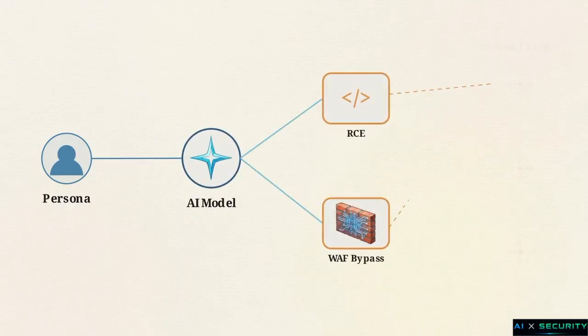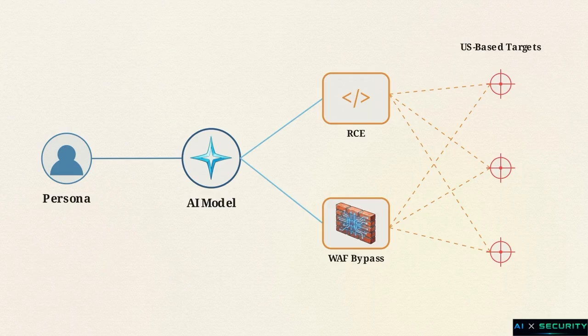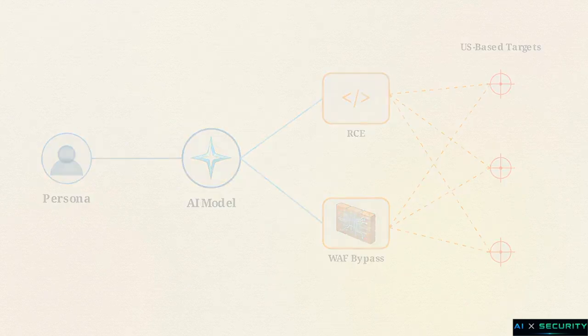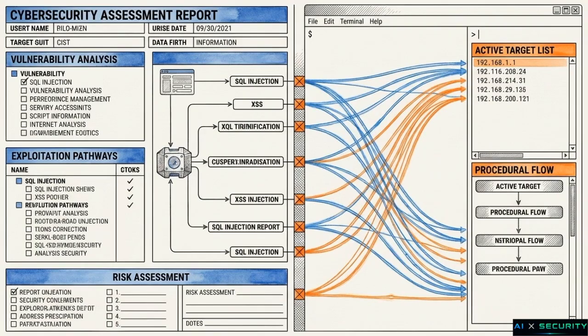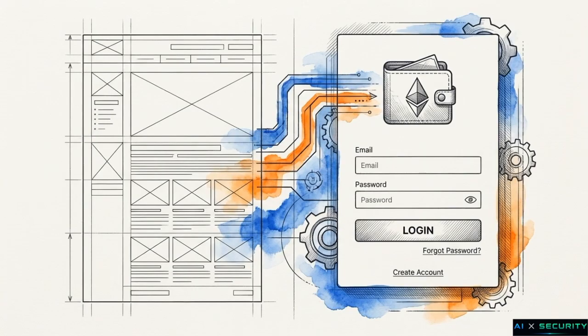From that established persona, they directed the model to analyze remote code execution and web application firewall bypass techniques against specific US-based targets. This automated intelligence gathering directly blurs the line between a routine security assessment query and highly targeted malicious reconnaissance. That same automation extends from vulnerability analysis straight into the generation of malicious UI infrastructure, specifically seen in